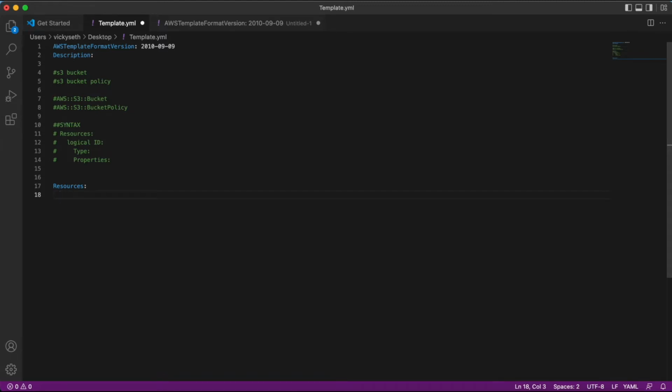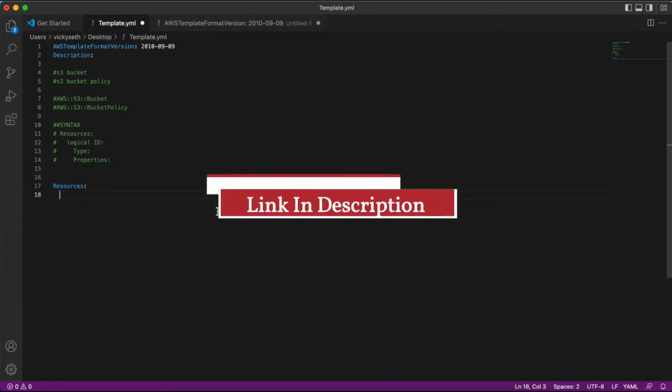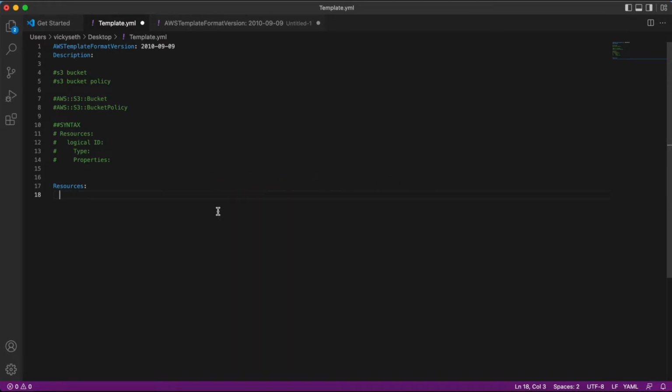If you are not sure why I am giving 2 spaces here, 4 spaces, for that you need to go and watch the YAML video which I have created. The link is there in the description. Go and watch that video so that you will get an idea of how we can write the YAML language. From here we need to give the logical name. The logical name is nothing but a name. Let me give S3 bucket,